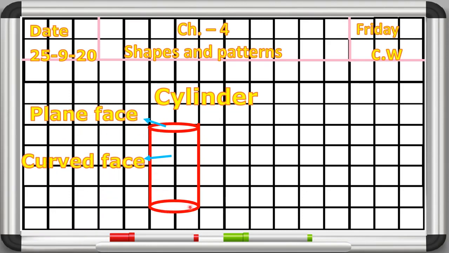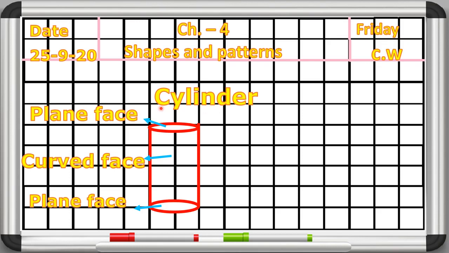Here at the bottom, again we have one plane face. So here we will write plane face. So how many faces does a cylinder shape have? That is 1, 2 and 3. Two plane faces and one curved face. Understood, beta?